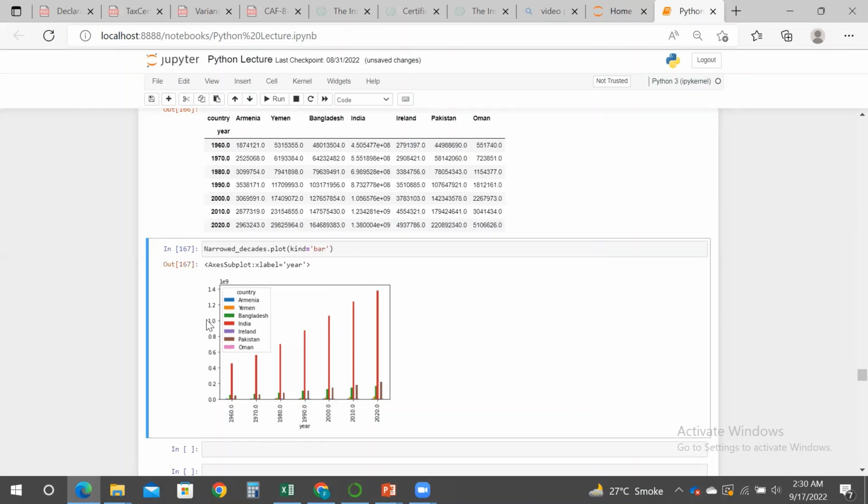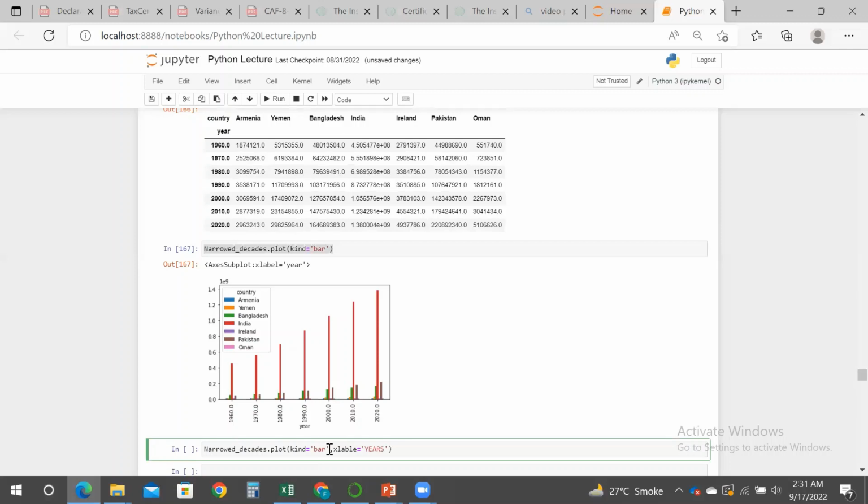We can also modify the labels and title of this chart by adding xlabel, ylabel, title, and again size. Copy the same line and add more arguments for xlabel, that is the label of the x-axis, and it should be years, comma, ylabel,